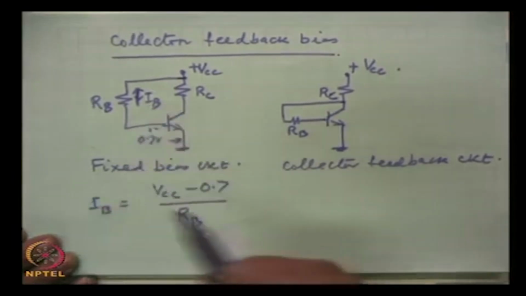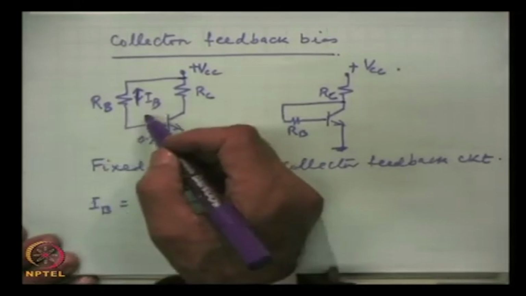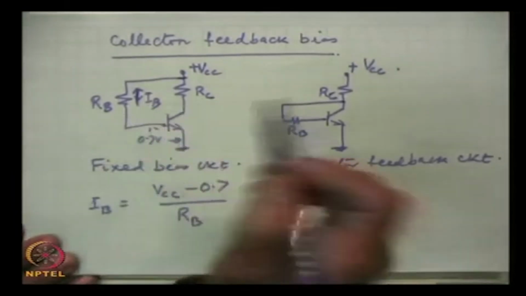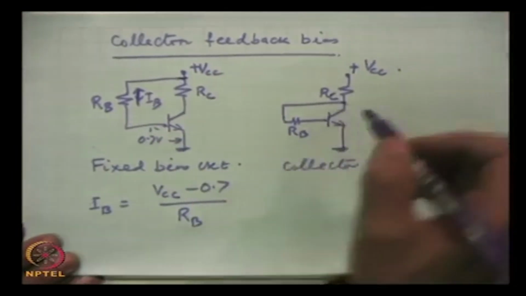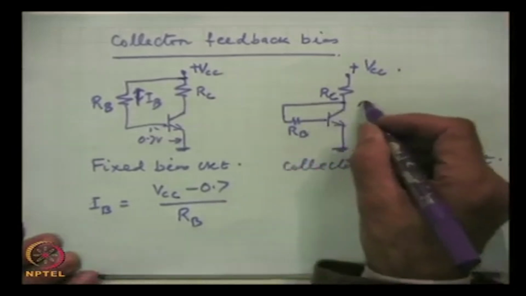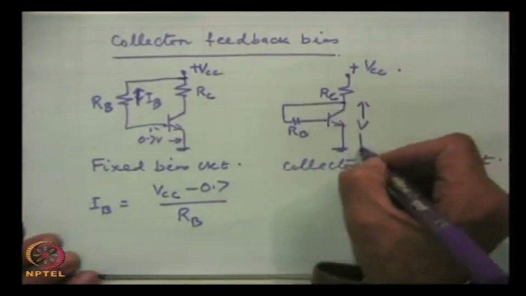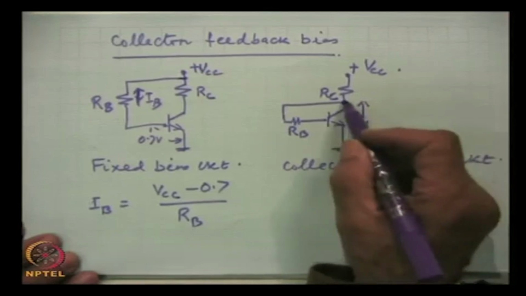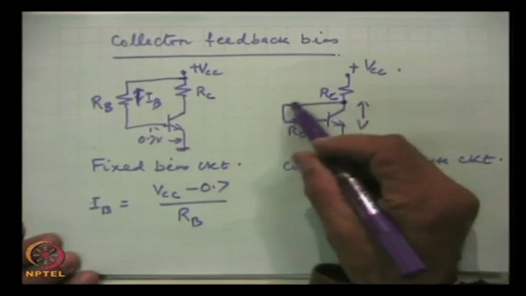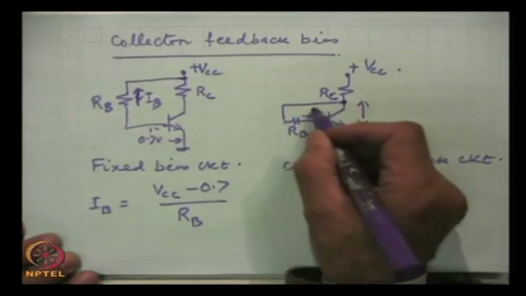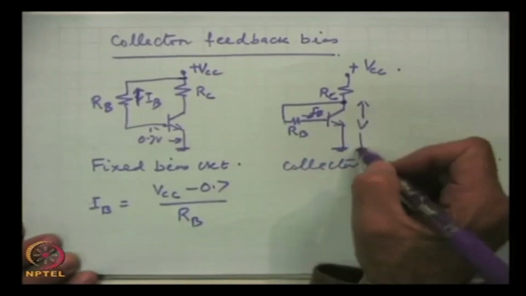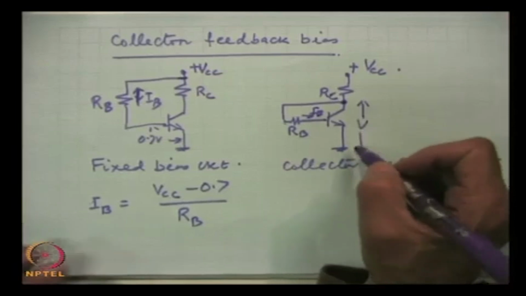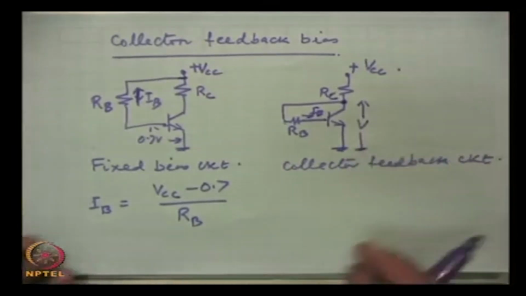So, this is fixed bias and it is never used with bipolar transistors. Here, this voltage between this terminal and ground will control the current IB, and this is variable. We can see if we apply the